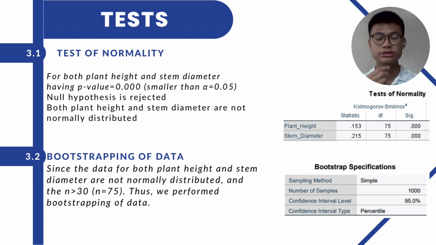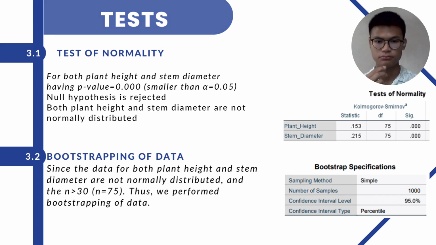Before we continue with the parametric test, we shall test normality of data. So as in 3.1, both plant height and stem diameter have p-values less than our alpha value of 0.05, so the null hypothesis is rejected. So both plant height and stem diameter are not normally distributed. However, since we have a sample number of more than 30, which is 75, we can perform bootstrapping of data